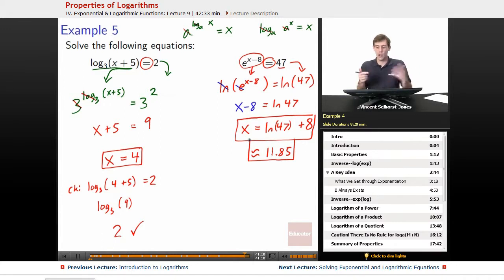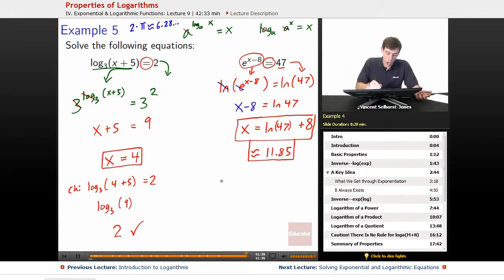It's just like when you've got 2 times pi, you can leave the answer precisely as 2 times pi, but if you want to, you can also approximate that as 6.28, and then there's also more digits to it, right? So 2 times pi is the exact answer, but you also might want a decimal answer to work with, so you can approximate it by multiplying it out. Natural log 47, same sort of thing as in the pi example. It's a complicated number, so we might want to leave it precisely, or we might want to